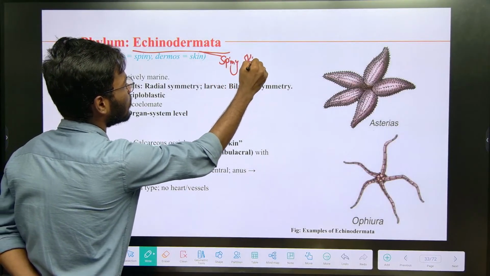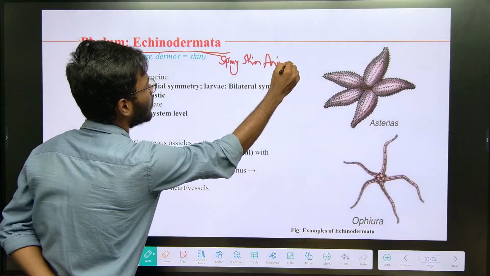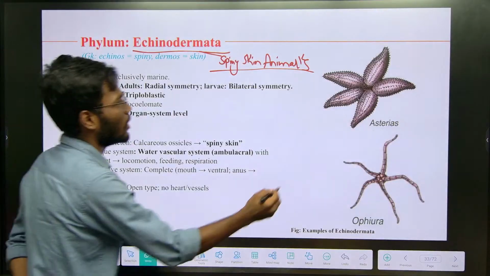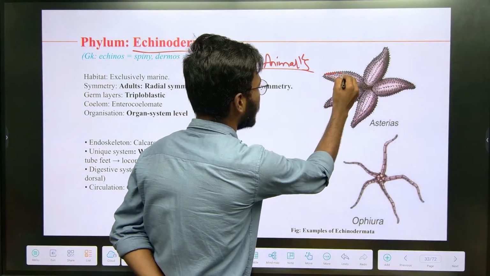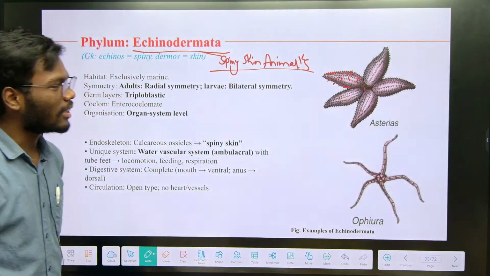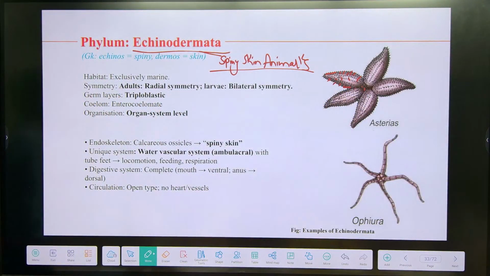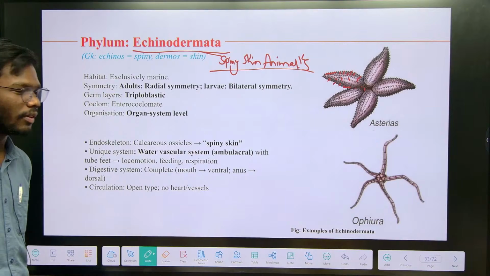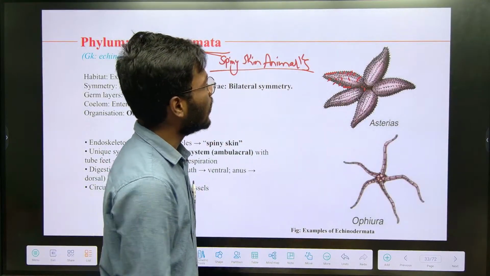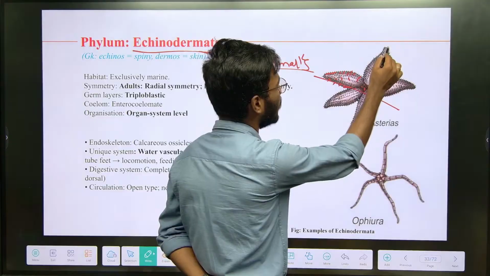Spiny skin animals, because on the surface of the animals there are spine-like structures, so that's why these are called spiny skin animals. The best example for this Echinodermata is starfish. Starfish is the best example. If you remember starfish, you will understand all the characteristics. See, in starfish you can see radial symmetry,